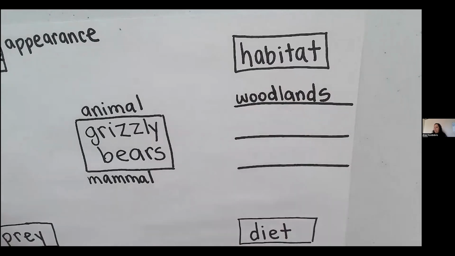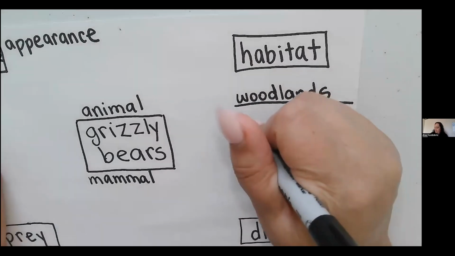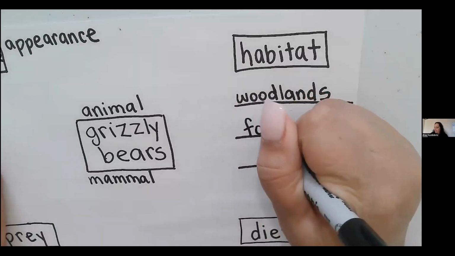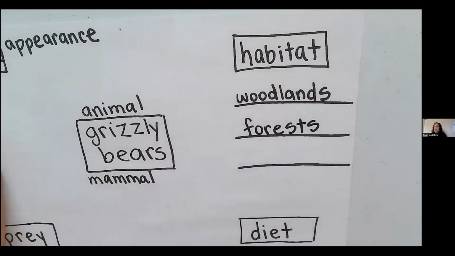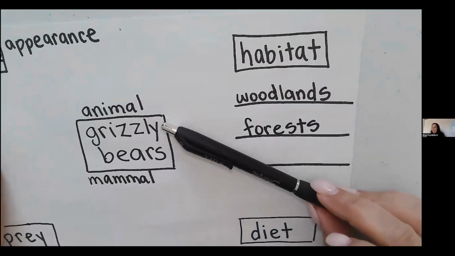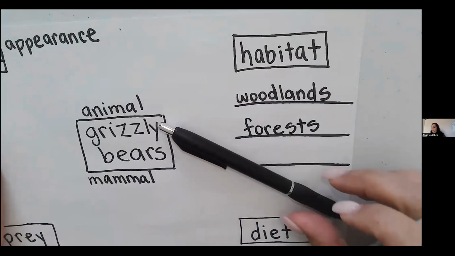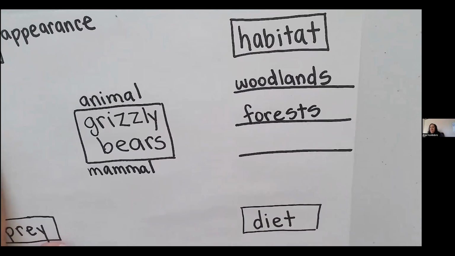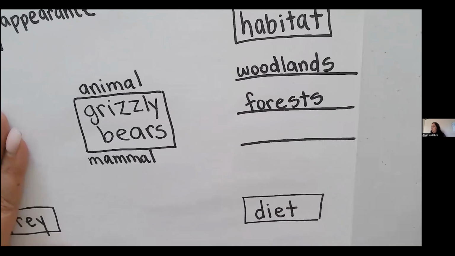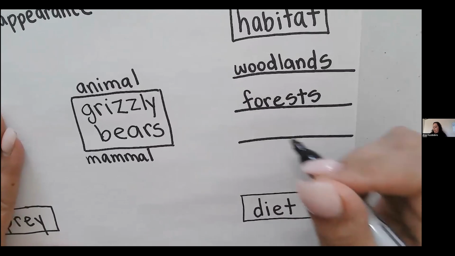Woodlands. The next place that I searched up was forests. Forests. Grizzly bears live in forests. So I'm going to go ahead, pause. Perfect. And most of you should know what a forest is. Lots of trees, lots of vegetation, animals, all kinds of plants live in the forest. Okay, and then the last word is